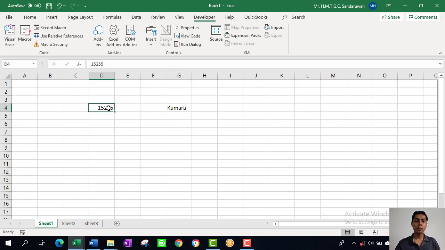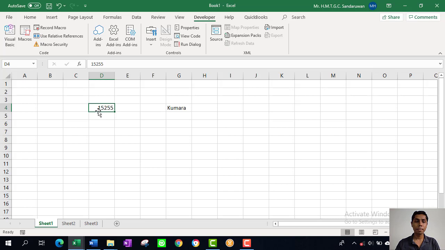Assume that I need to change the formatting of this name. Maybe the color, maybe the font size, font style, likewise formattings, right? So assume that this is a repetitive task. Again and again I want to do the same thing. Therefore, what I plan to do, I'm going to assign this task to macro, and macro will perform the task whenever I need to format. Okay, so what I do is I select this cell